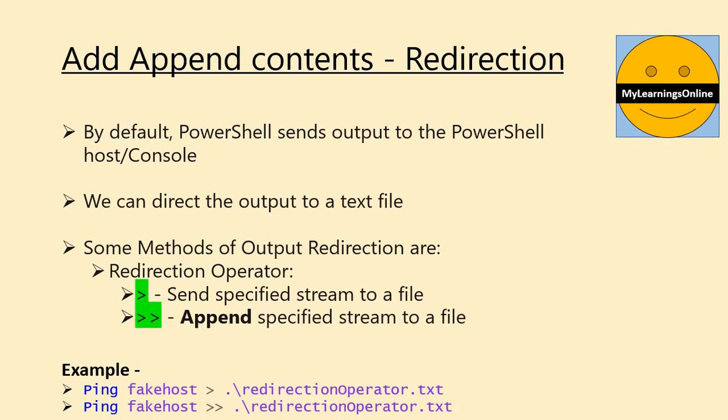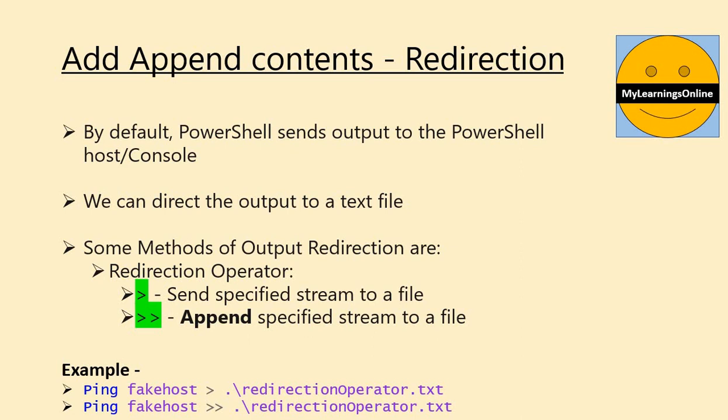Redirection operators are also a means of redirecting output to a file. Single forward arrow is used to write output to a file. If the file already exists, it will write contents to that file. If the file doesn't exist already, it will create the file to store the output. One thing to note here is that it will override the existing contents, if any. So please be extra careful before using this redirection operator.